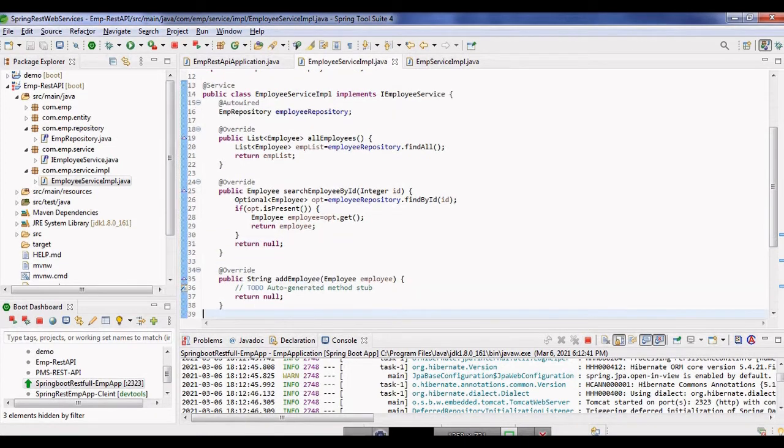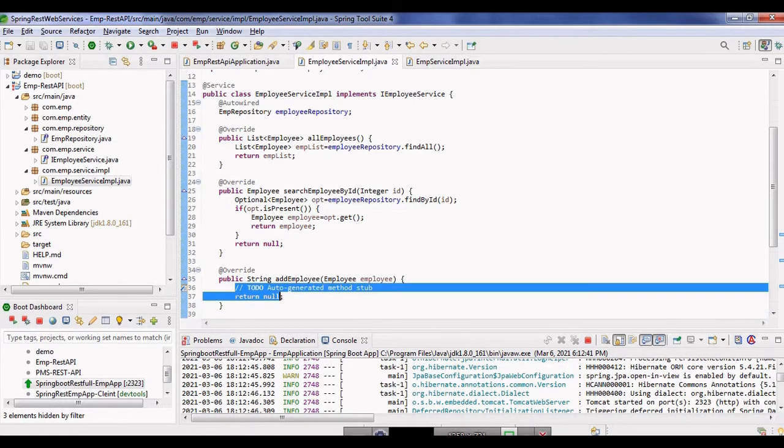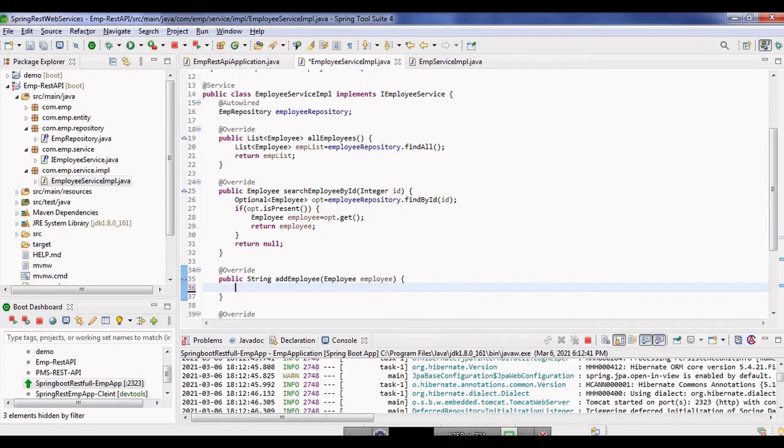We are going to add the code for adding a new employee. So let's do that. For this we are passing the employee object which we want to add. First we are going to check whether it exists or not. If it exists, we are going to return a message that it is already existing. If it's not existing, we're going to add it and return a message that the employee is added.